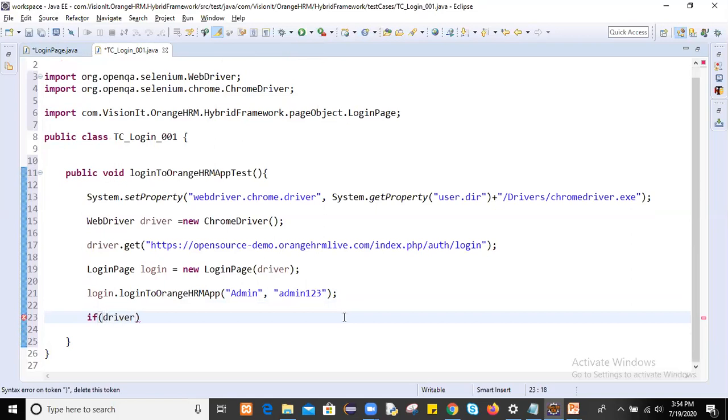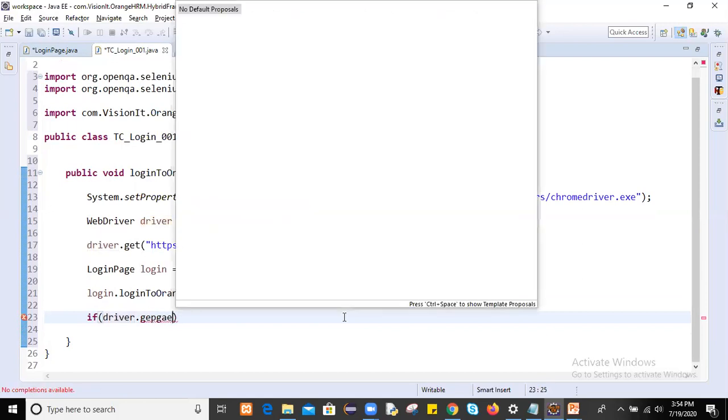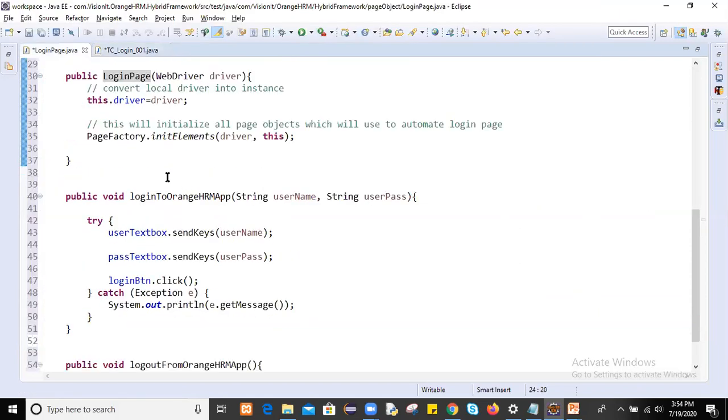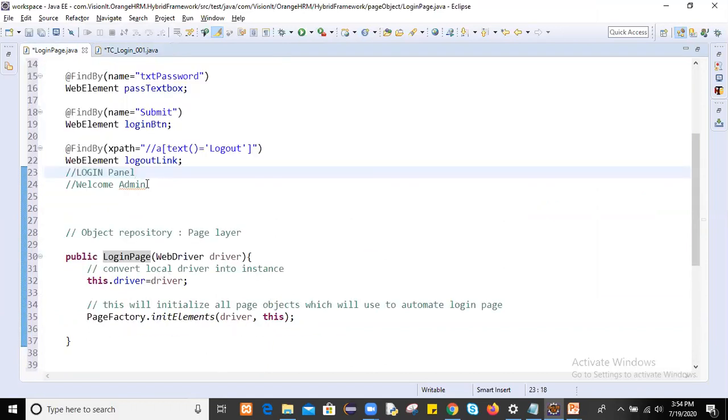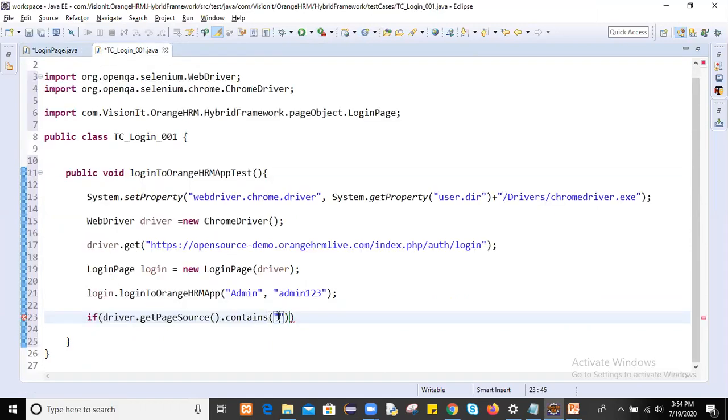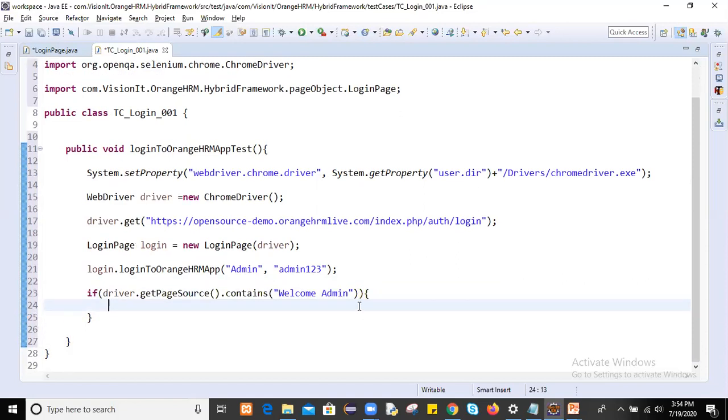We are checking driver dot getPageSource dot contains welcome admin. Welcome admin means we have successfully logged in to the application. If it contains welcome admin, it will return true. If the condition is true, it means you have logged in successfully.